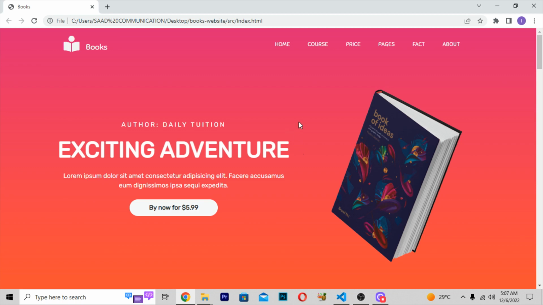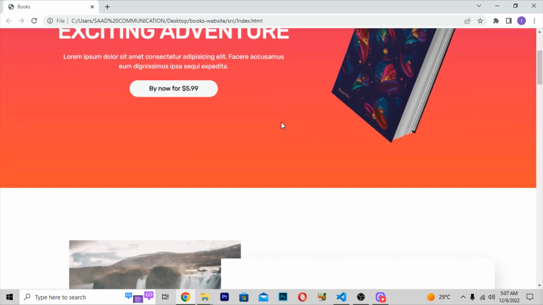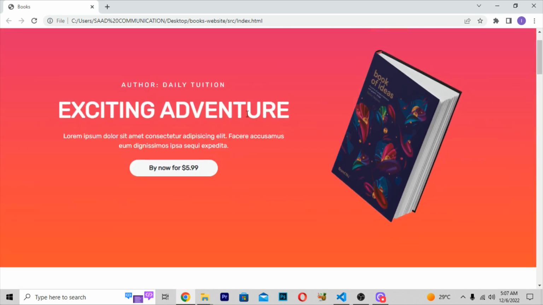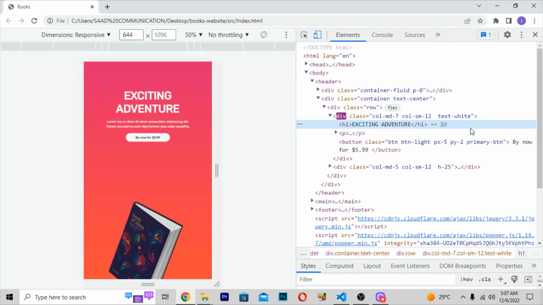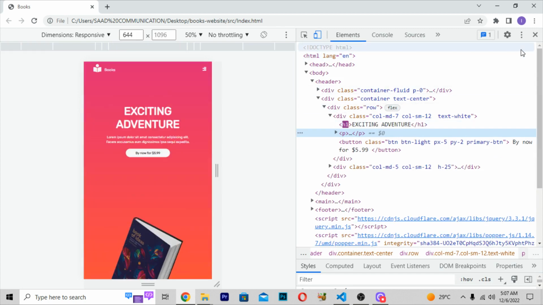So first of all, I will be giving you the demo of this website and showing you how good looking it is. Here you will be getting some text. If you want to remove this text, you have to move it here. Then you can just remove it like this. Just press Ctrl Z. So like this, the website is working.